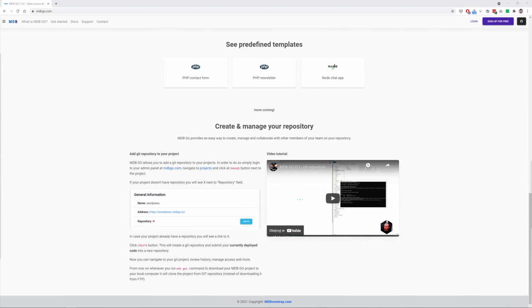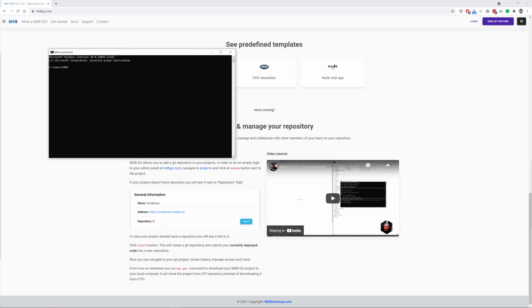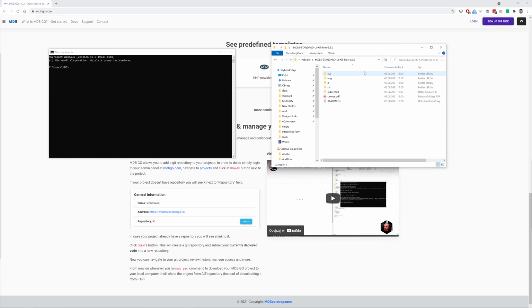Now, let me just show you how easy it is to publish our newly created project on the internet thanks to MDBGo. I already have MDB CLI installed on my computer, so now all I need to do is to run my terminal, and then I need to enter the path of the project I want to upload. So here is the directory where we have downloaded the MDB package and where we have been working during this tutorial. So let me just copy this path and let's enter this. And now I need to type only a single command, mdb publish,